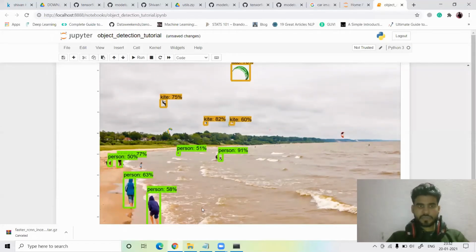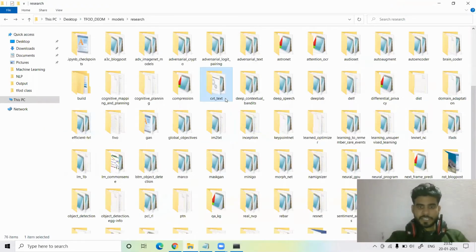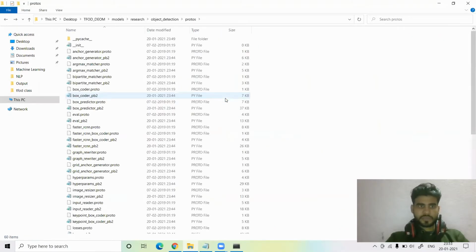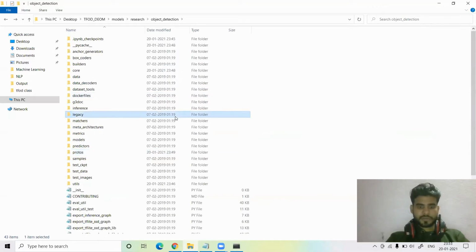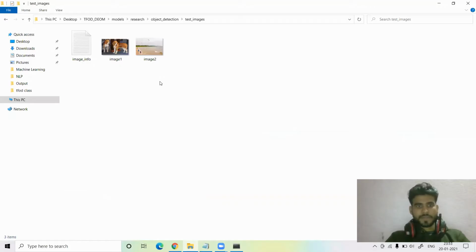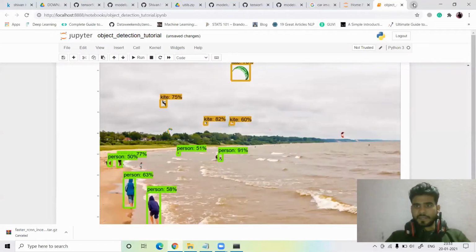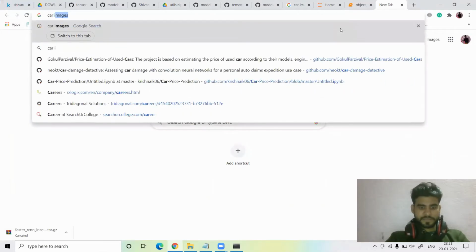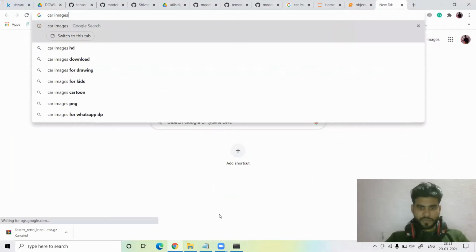Second thing, I will show you something. Where is our test images? No, not here. See, these are the two images. I just downloaded the car. I thought I already downloaded it. Let me show you.